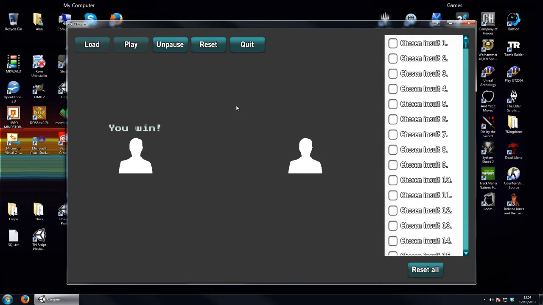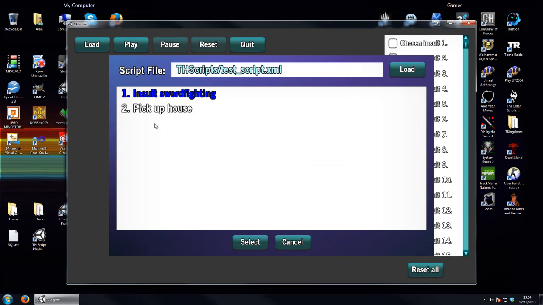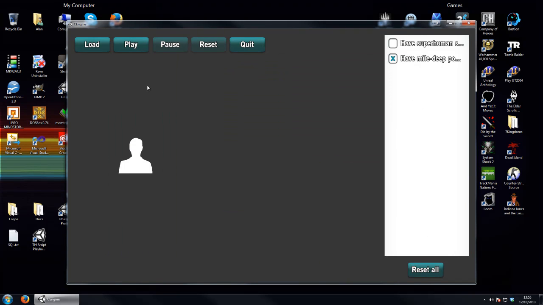Two small notes. I can reset a conversation, which sets all the states to the initial states. I can reset all conversation conditions, which causes any set conditions to be reset. And I will just load up the other conversation. And I can use a couple of